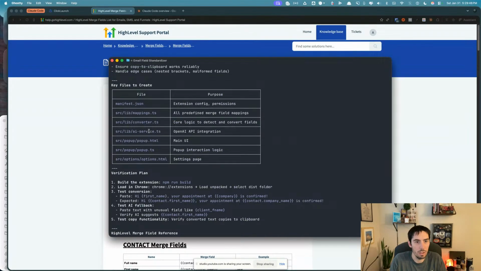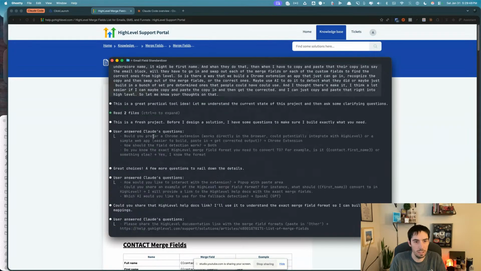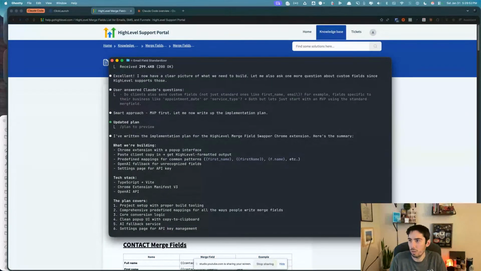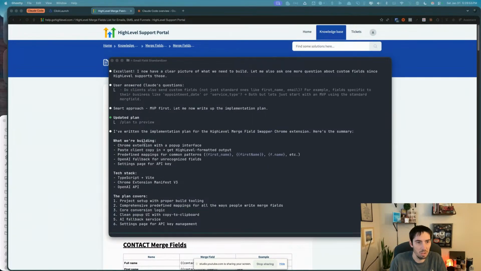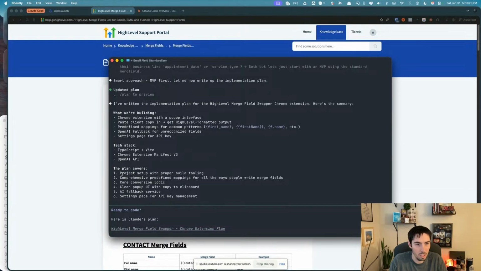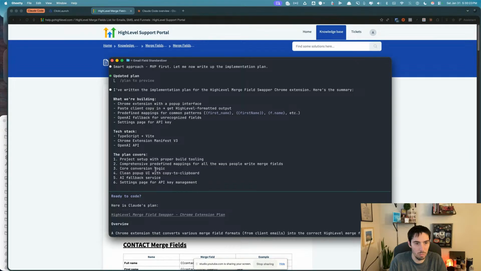Okay, next. What do we have here? So here is the entire plan. Let's kind of skim through it now. Ideally, you'd want to read through the whole thing, but we're going to skim through it. Written implementation plan. We're building a Chrome extension with pop-up interface, paste client copy in, get high-level formatted output. Predefined mappings for common patterns. Okay. OpenAI fallback for unrecognized fields, setting page for API key. Okay. Tech stack. You're going to use TypeScript, Chrome extension, and AI. Plan covers project setup with proper build tooling, comprehensive predefined mappings,